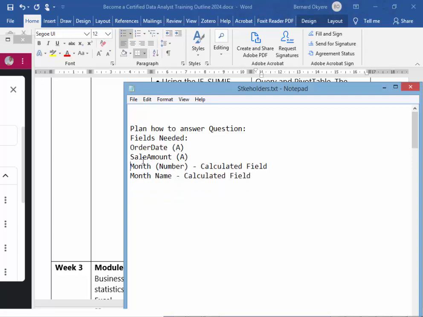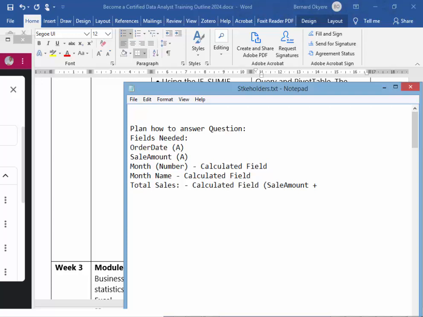Okay, then we need total sales. So remember, after you define your goal, you have to identify the data element. So what we are doing at this step is we identify the various fields that we will use to do our calculations. Okay, data element identification. So total sales, this one will be a calculated field, and it will be based on the sale amount